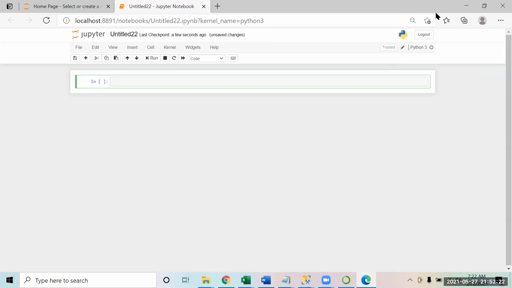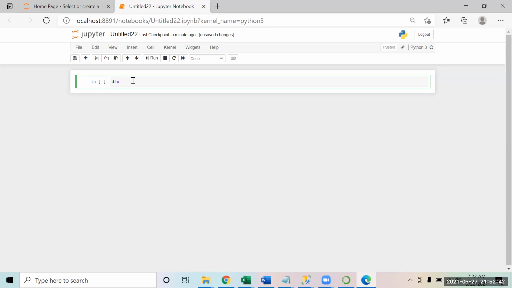Like yesterday, we were exploring the functionalities of data frames, the main source on which we do all our data analysis. So we will explore some more functionalities on it. First, I just have to make a data frame.